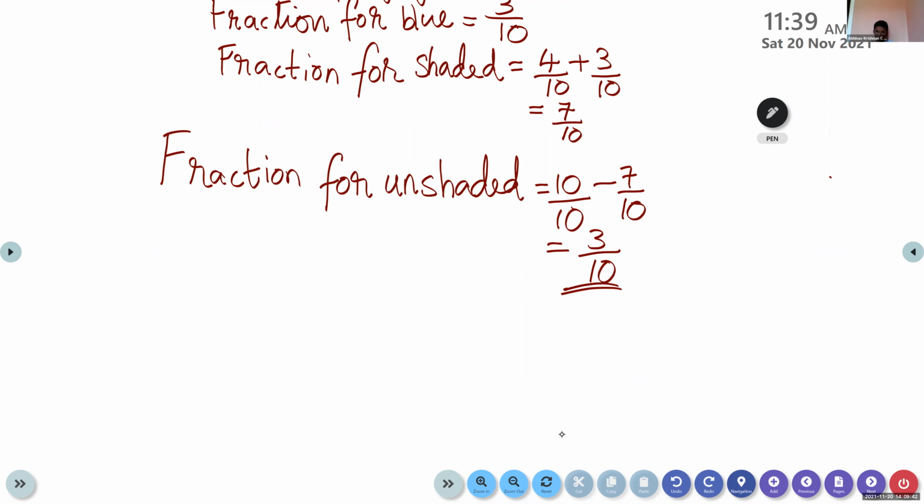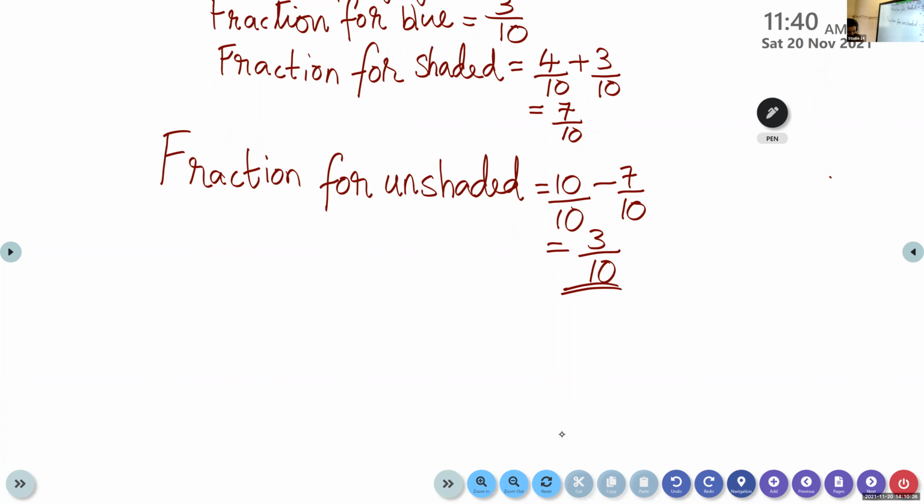Okay. So like the same, children, we have question number 16. Anna Rose, can you take question number 16 and read? In the given figure, use addition to find the fraction represented by the unshaded. So children, the same we have to do. Look at here also we have question number A and question number B. Which colors are there in question A? Orange and red.